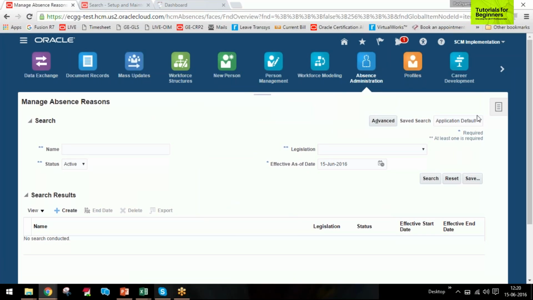Okay, I came back to the absence administration. As I mentioned to you before, we have seen the accrual plans and we use qualification plans when we are setting certain types of qualification, like for sick leave, maternity leave. If we take sick leave, we say that the employee is eligible for full pay when he goes on leave for the first 15 days in a year. Okay, and then the next 30 days in the year will be half pay,